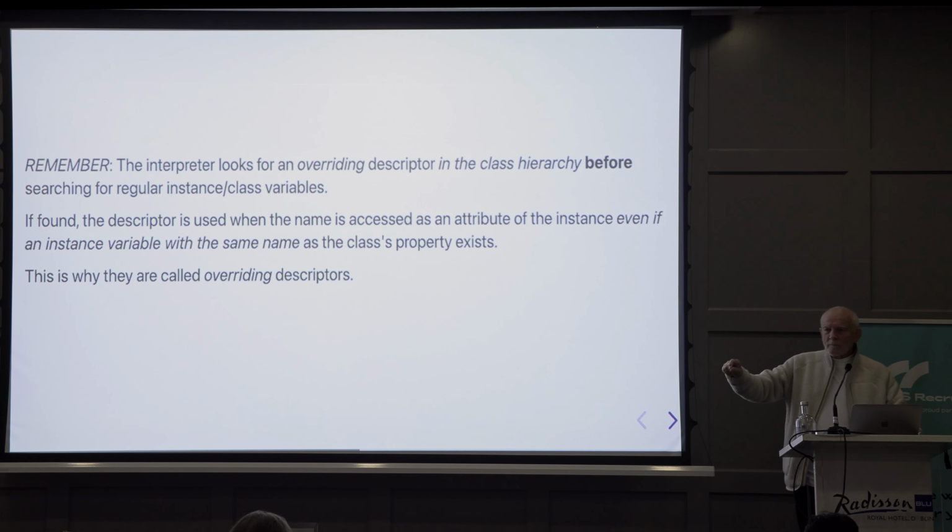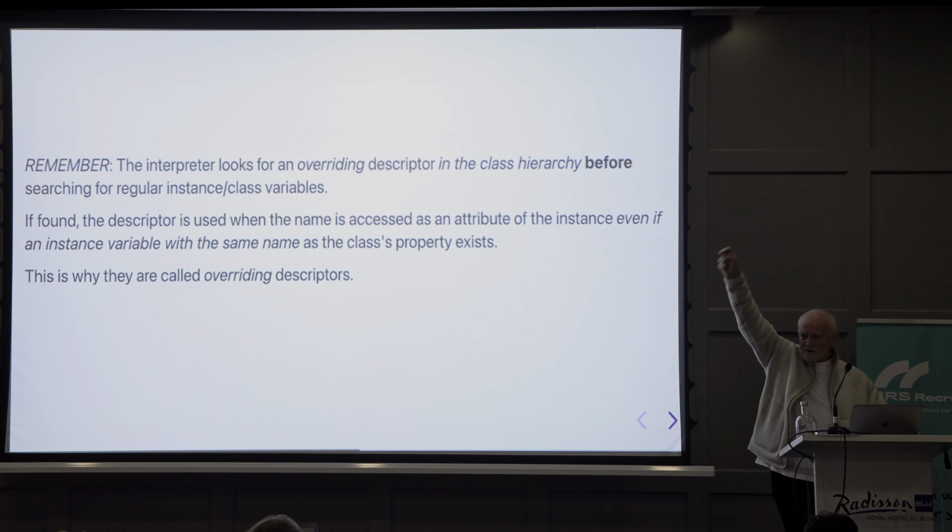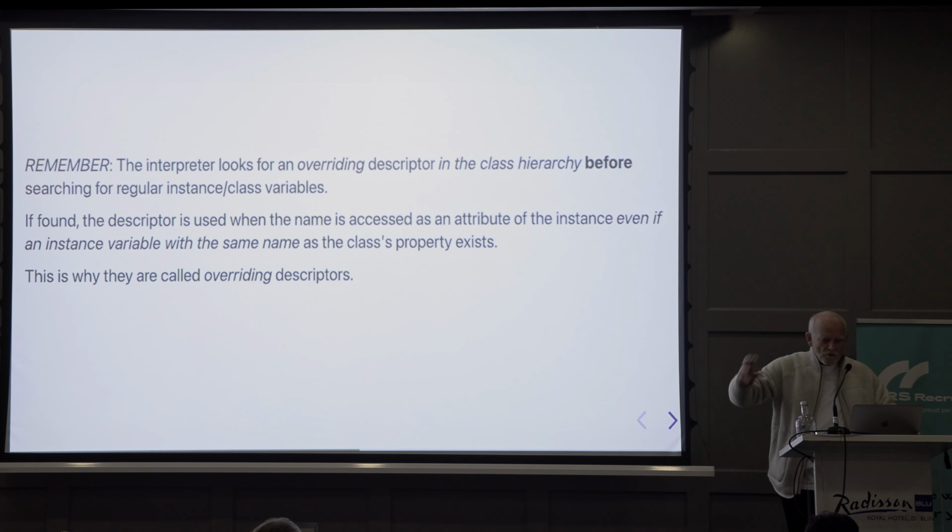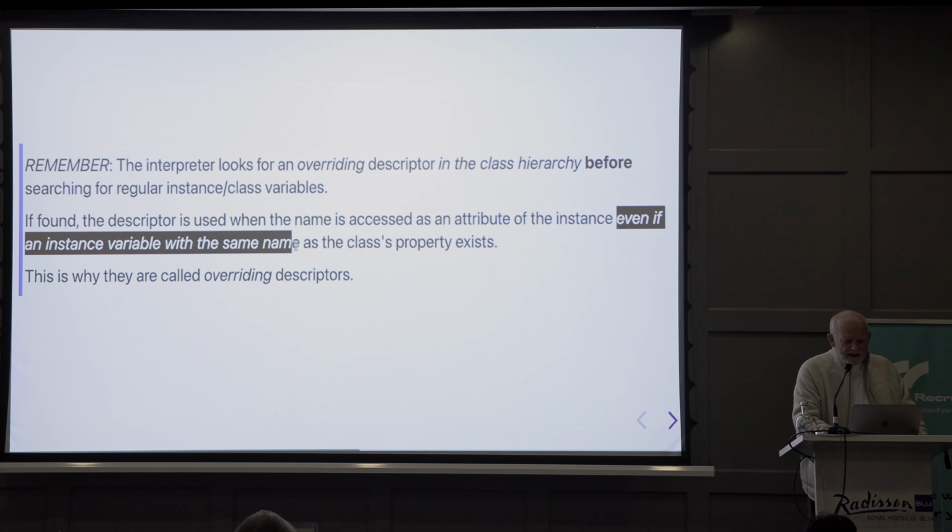So before it searches for any regular instance or class variables by looking in the instance and the class and the superclass and the superclass and so on, before it does that, if there is an overriding descriptor, then when the name is used as an attribute of the instance, even if there is an instance variable with the same name,